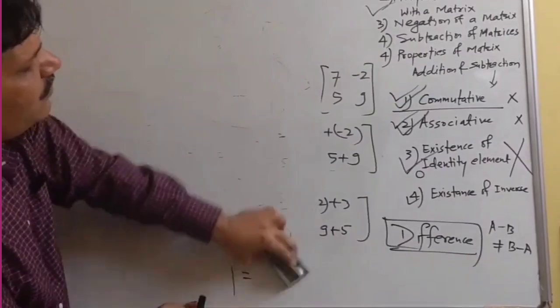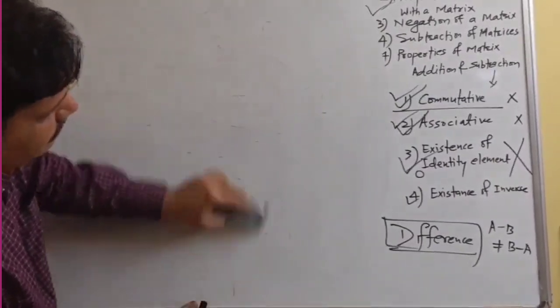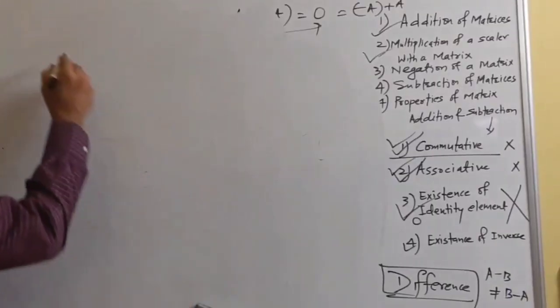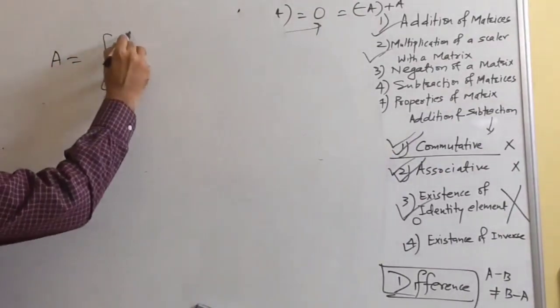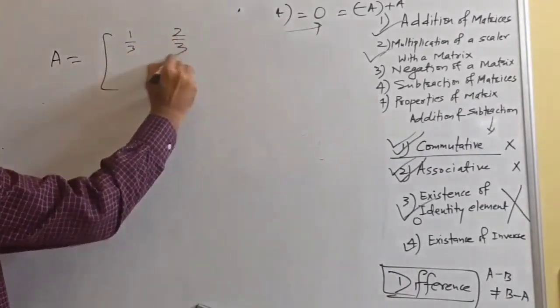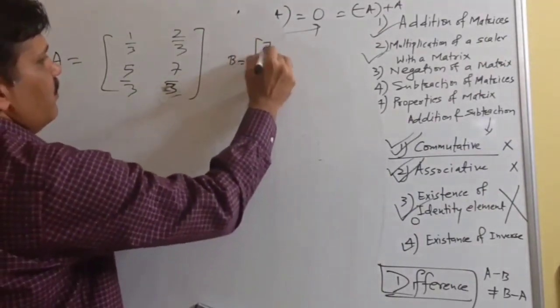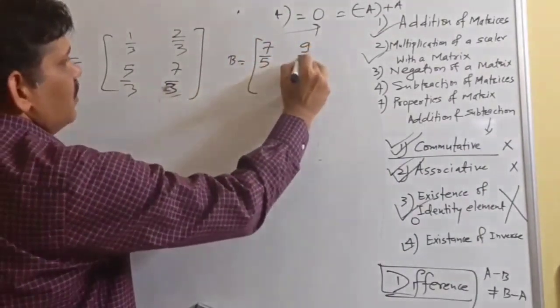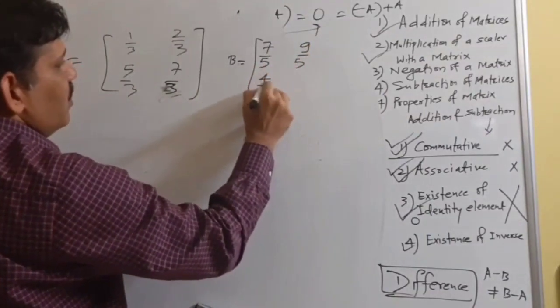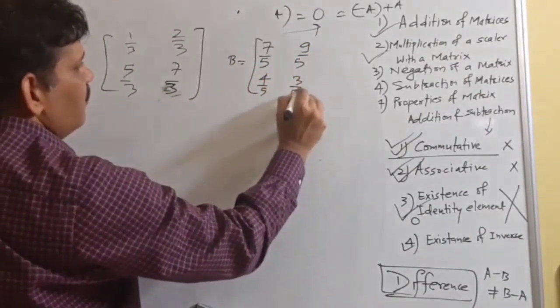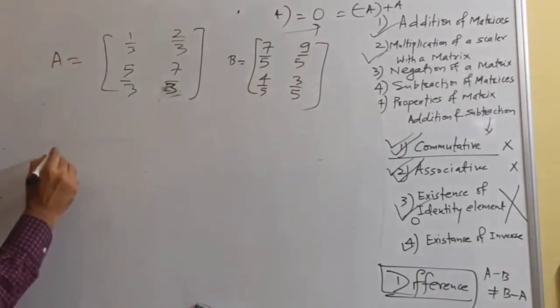Suppose I have given a matrix A equal to 1/3, 2/3, 5/3, 7/3, and B is given by 7/5, 9/5, 4/5, 3/5. And if someone asks to find the value